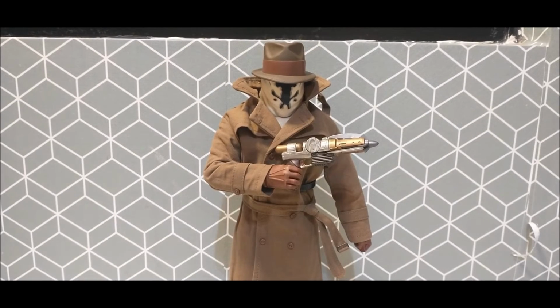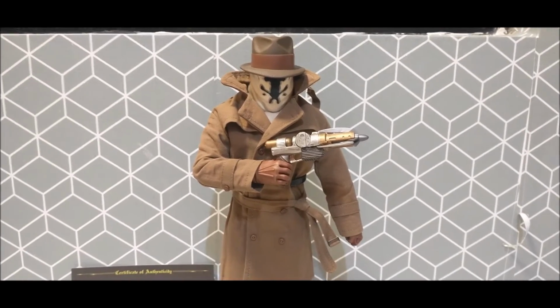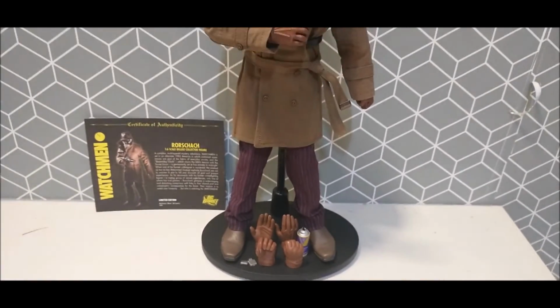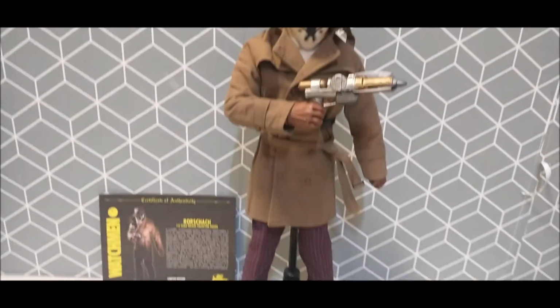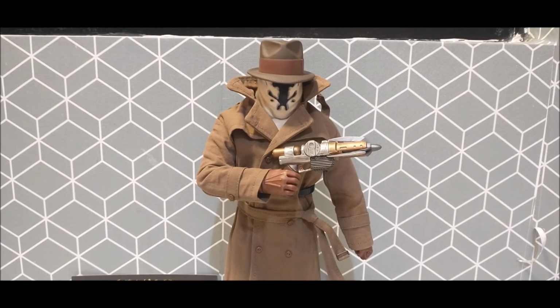Alright guys, this is my Rorschach 1/6 scale figure, back with his face, back with his grapnel gun, and yeah, just in all his glory. As you can see, his accessories are there. I'm gonna put that lighter back on the Comedian's hand, by the way. And yeah, just an amazing figure. I love doing this review. Now, before I end this review, let's